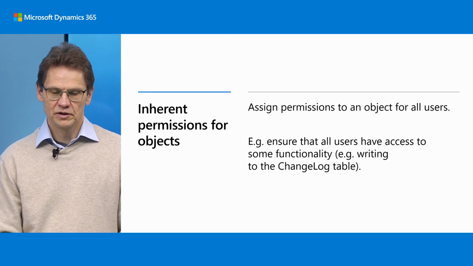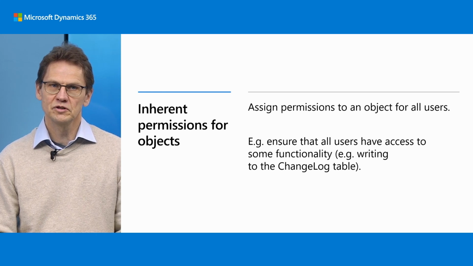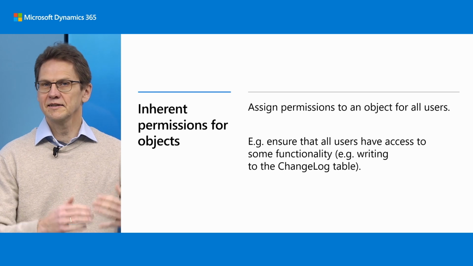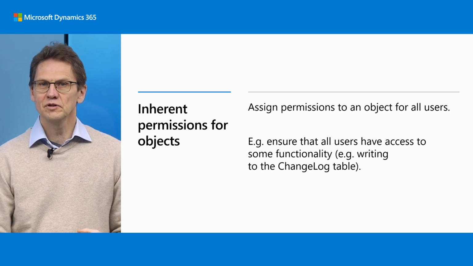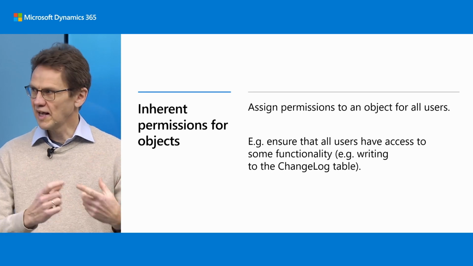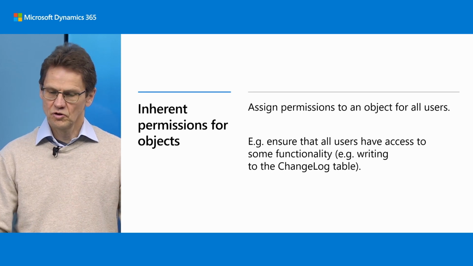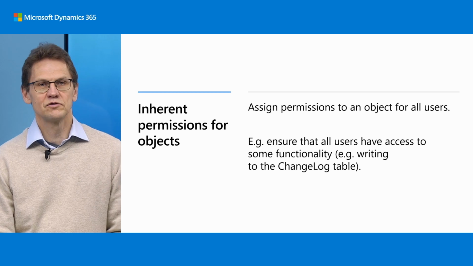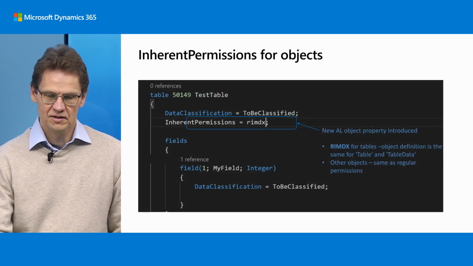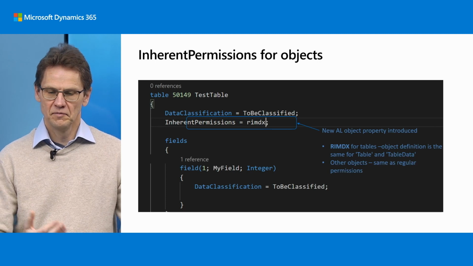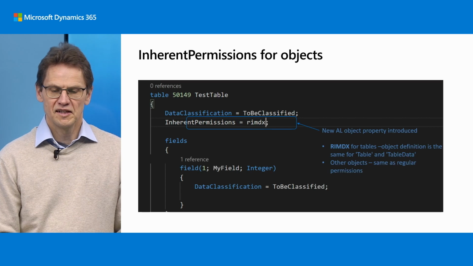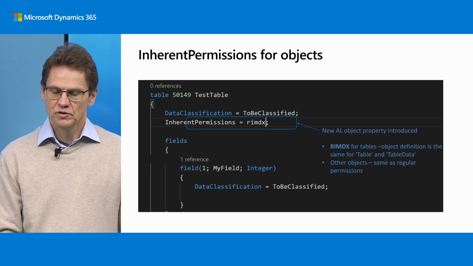We've done that by introducing what's called inherent permissions on objects. It works basically like the inherent permissions for a method attribute, except that this works whenever this object is used, the user has this permission. So, for instance, you can always write to the changelog table because all users have indirect access to the changelog table. And in this case, you can see you specify it in the inherent permissions property,